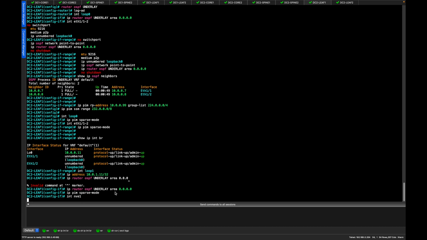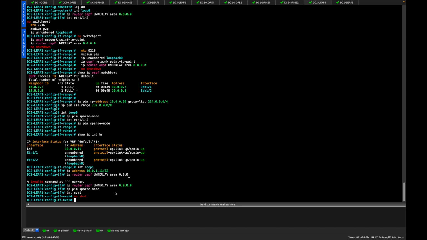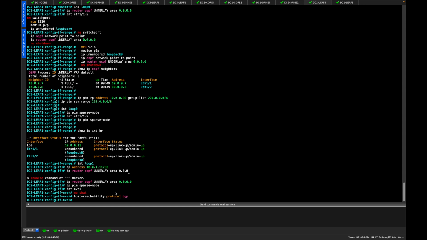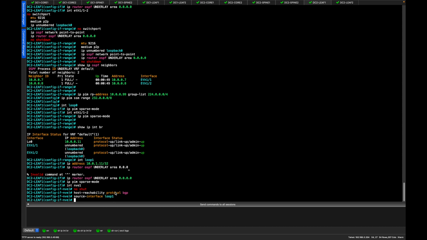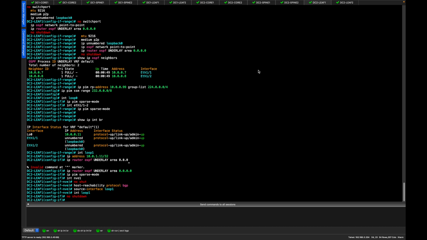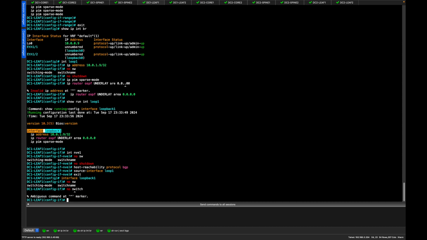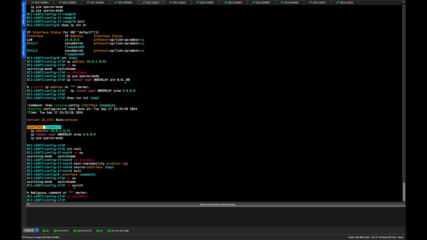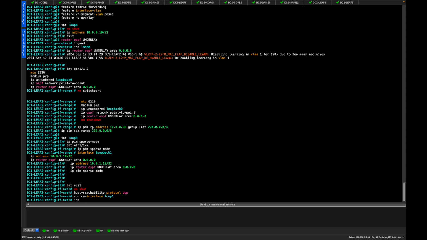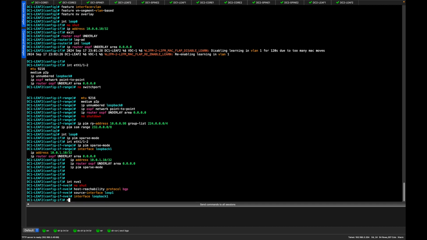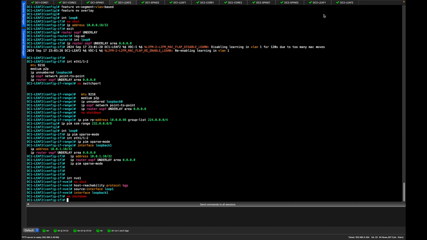Cool, and then int NVE1. No shut that. We'll set the host reachability protocol to BGP. And then we'll also set the source interface to loopback 1. In fact, loopback 1 wants a no shut as well. Did I do that on these ones? Let's just make sure for shutdown. Cool, and then